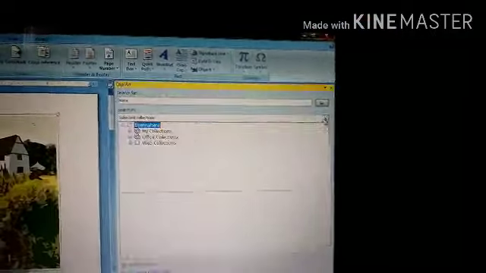If you want to search for anything, like flower, you have to click on Go. It will show you pictures related to flowers. You have to double click on that, and after that you can close it. You can also increase the size of the flower.